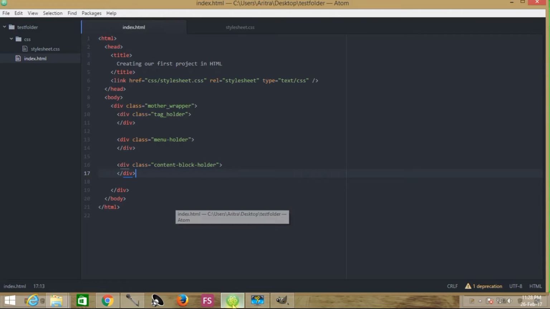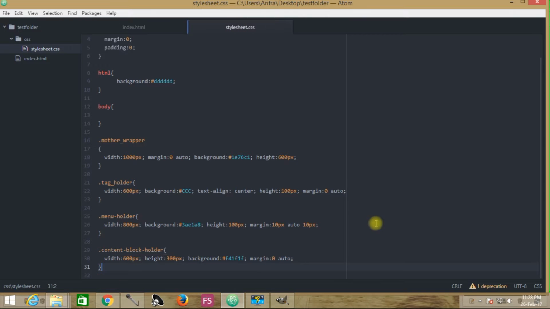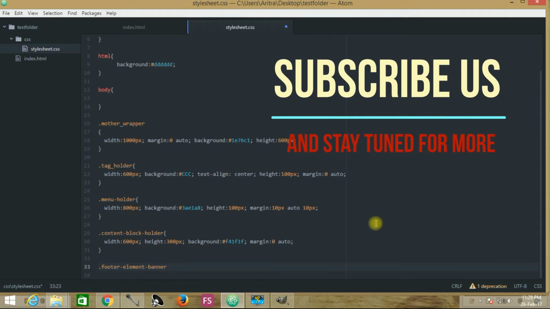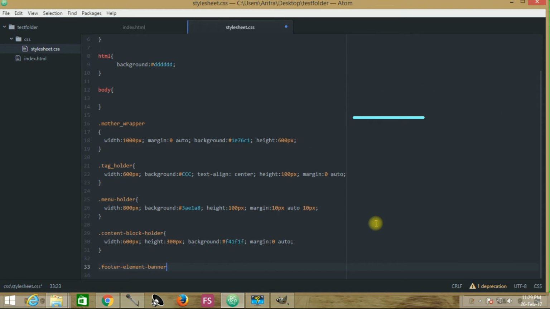So getting back to the stylesheet.css page, we are now creating a dot and naming it something unusual, something uncommon, but never use footer as a class name or selector name. This is because there are some reserved words that are used by HTML5.